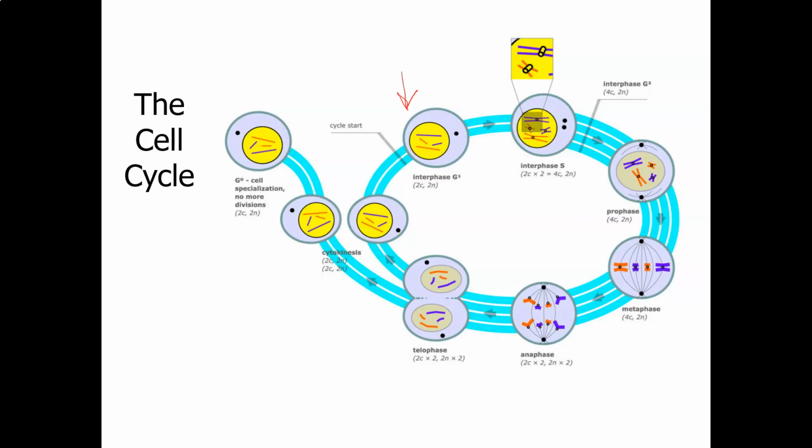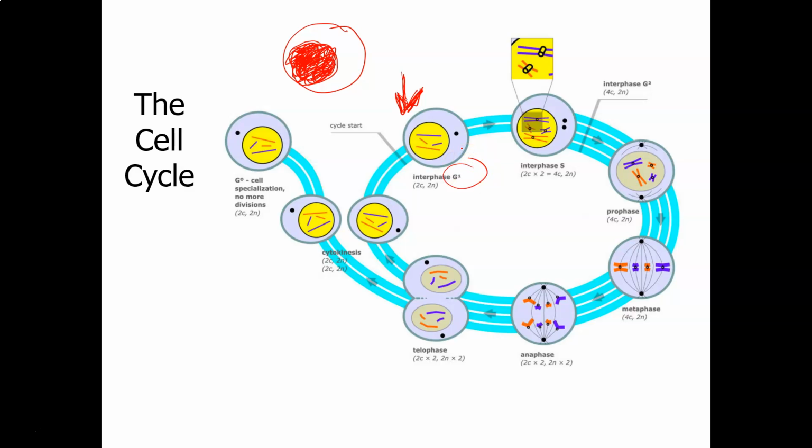If you were looking at interphase of this cell that I have, where I have the arrow, if you were looking at that under a microscope, you'd have the cell, and then that nucleus in there would be colored all in a solid color, because the DNA is in the form called chromatin, and it is spread out so much that it just looks like a solid color all throughout the nucleus. But anyway, it's showing you here that there are 4 total chromosomes at the beginning of the cell cycle in interphase,